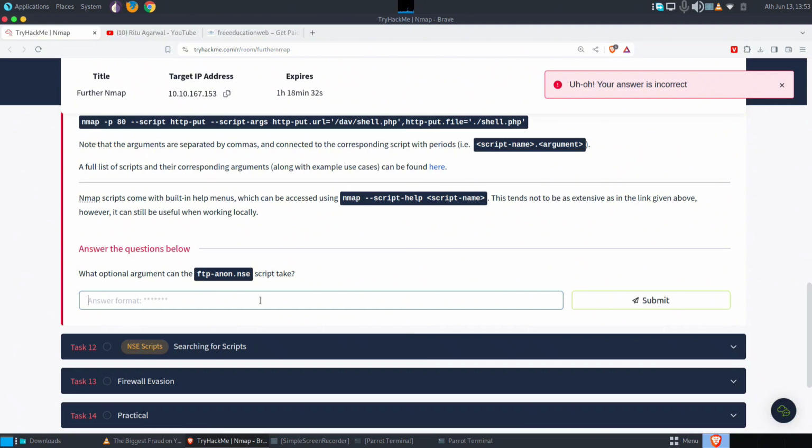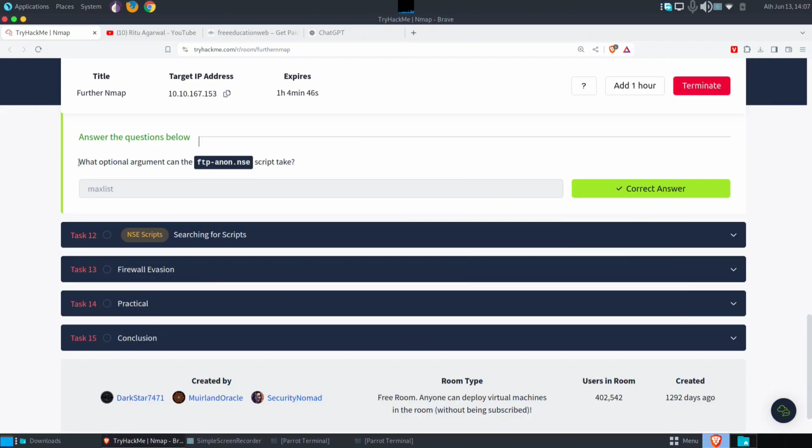It is not correct. Default. It is not correct either. I don't know what is going on. What about FTP-unknown? It is not correct. So this question here actually was really tough for me, so I went ahead and gave